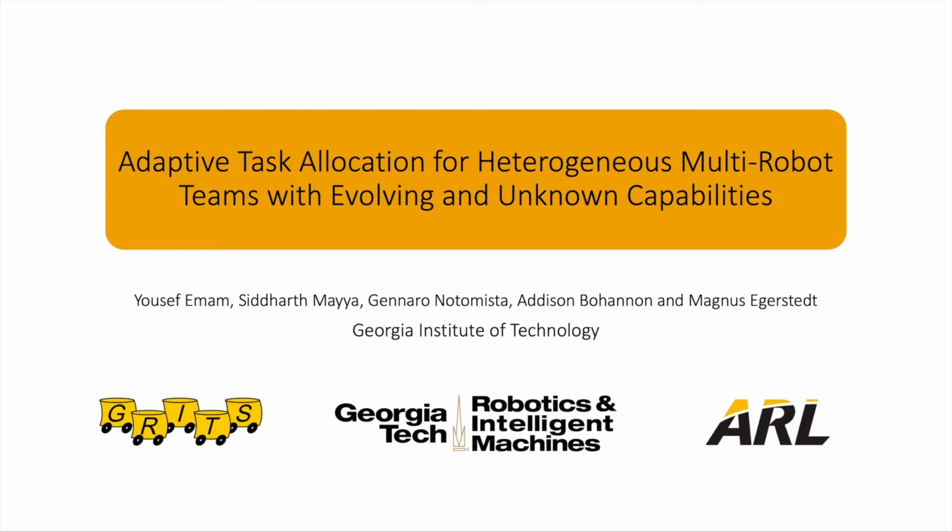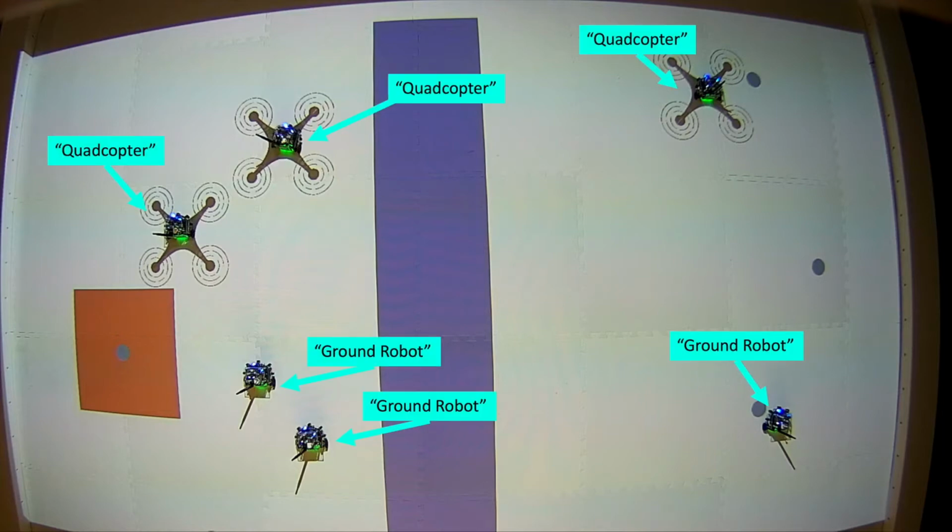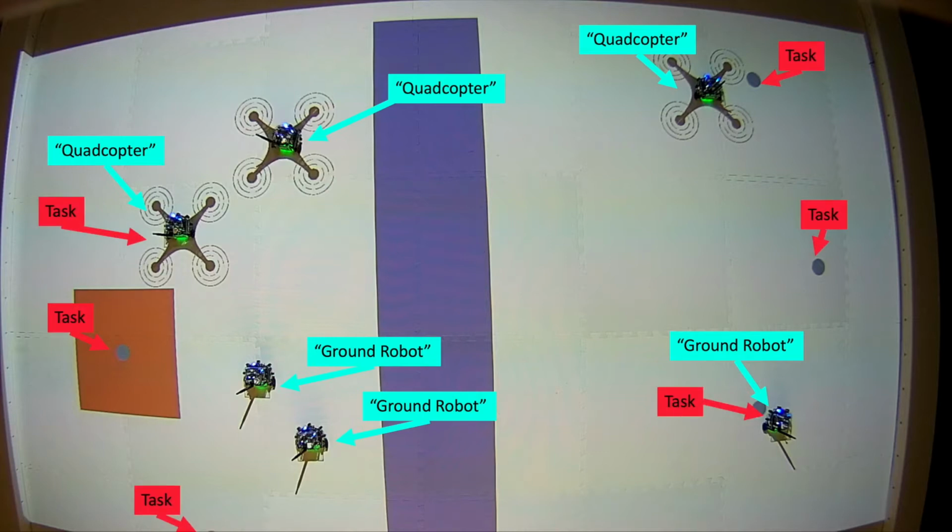In this video, we present experimental results to demonstrate the features of the proposed task allocation and execution method. The setup of the first experiment is as follows. 6 agents composed of 3 ground robots and 3 simulated quadcopters are to be assigned to and execute 6 go-to-goal